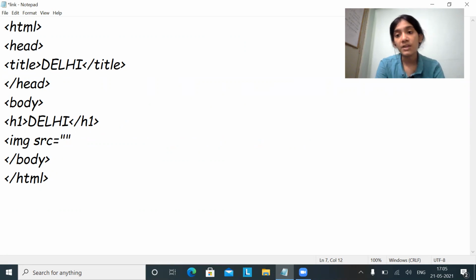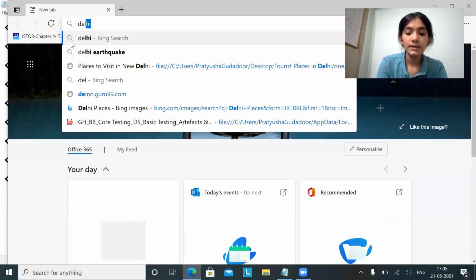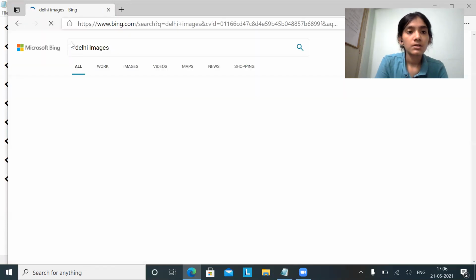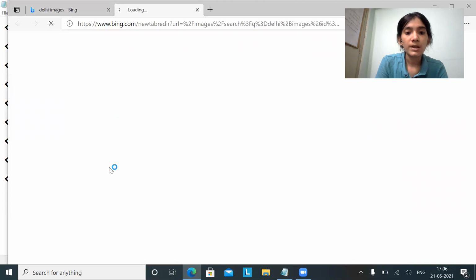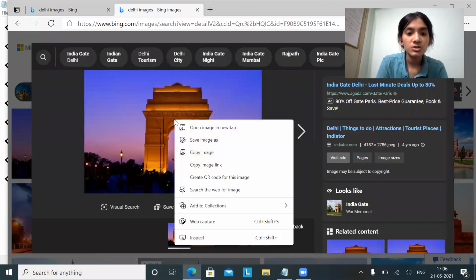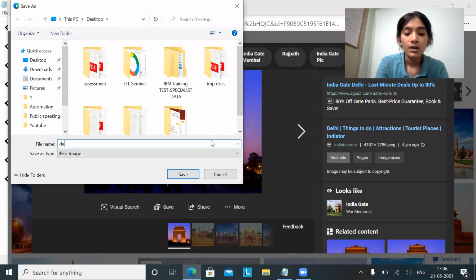If you don't have an image, what you can do is just go to Google and search Delhi images. Okay, take one image of anything. So I'm taking this image. Just save image as Delhi. Okay, save it on the desktop.